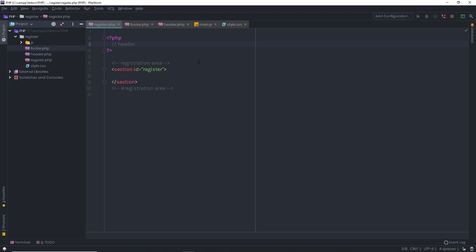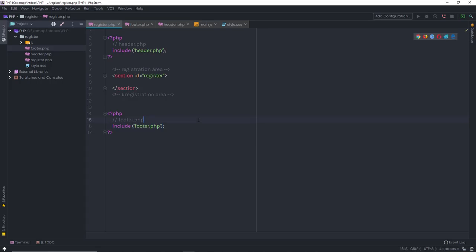So I'm going to create a comment header.php, and using include I'm going to just include the header.php file here. And just out of that, at the bottom I'm going to create a PHP syntax and create a comment footer.php and just include